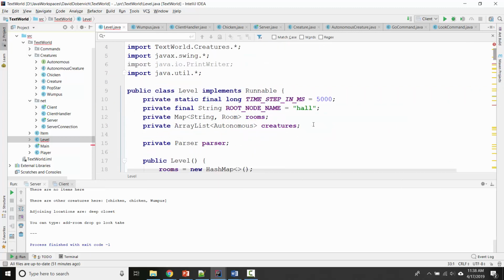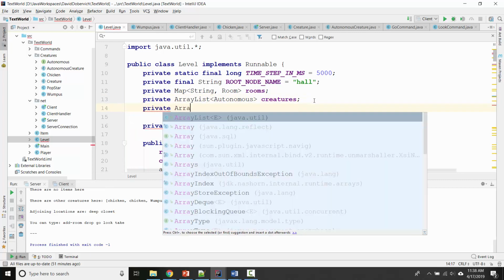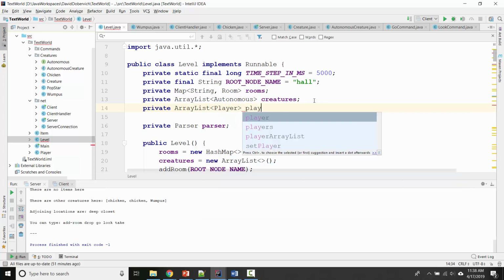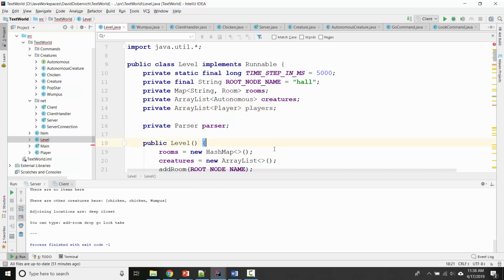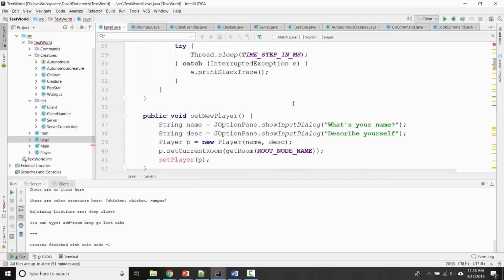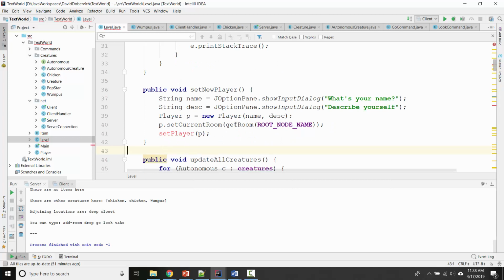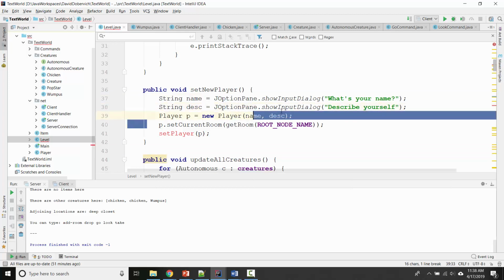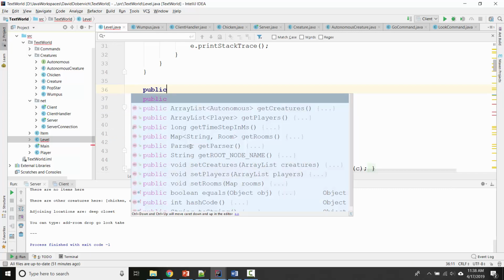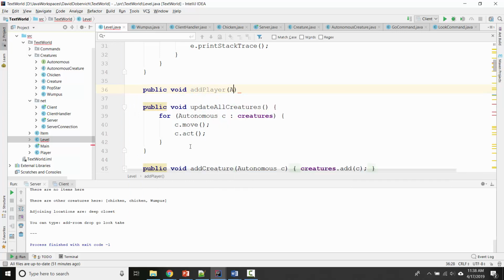Or actually, let's go ahead and do this. Let's create an array list of all the players called players, and then players equals new ArrayList, and then we'll need ways of adding new players or removing the players. Before I had this set new player method, which prompted the user for a name and a description and created the player object and so forth. So let's delete that entirely and just have add player,